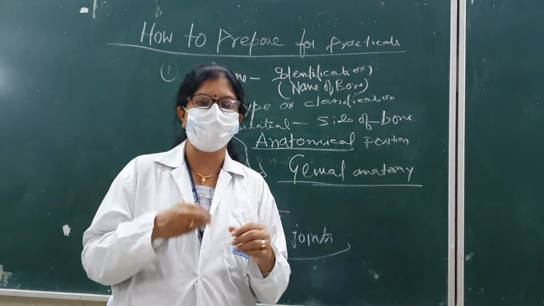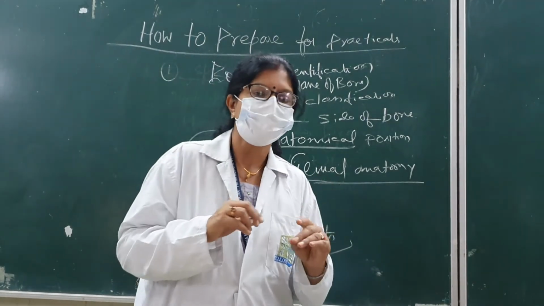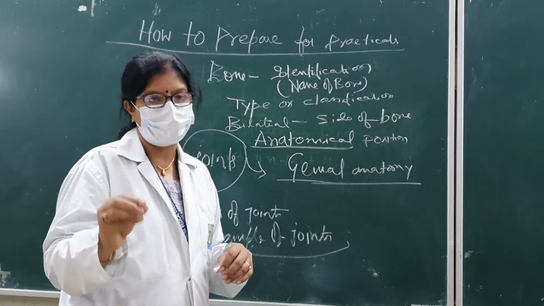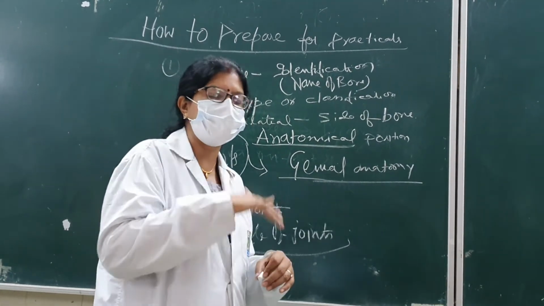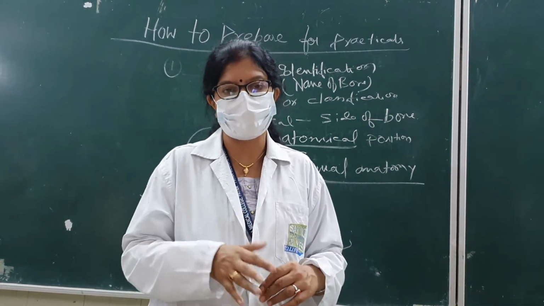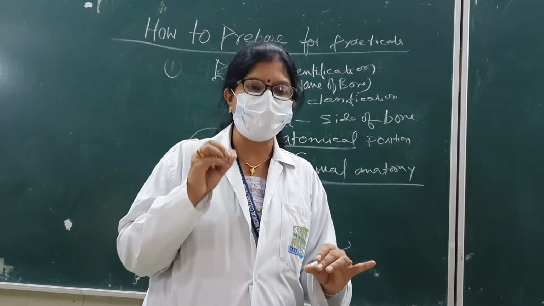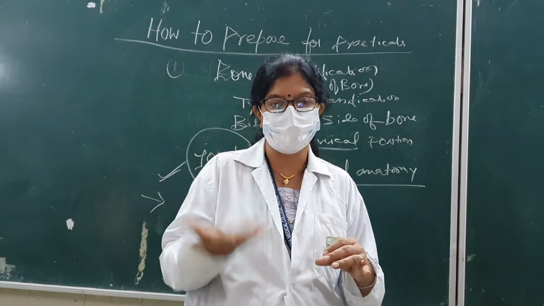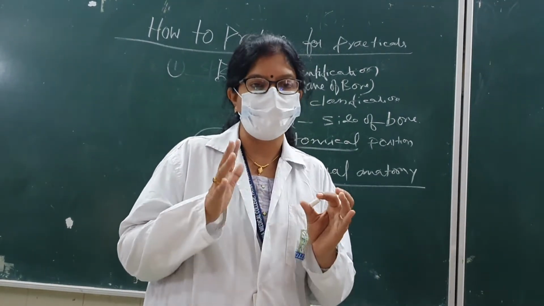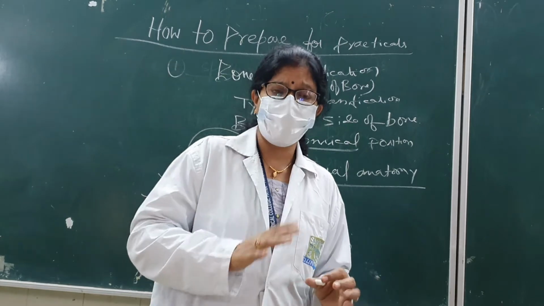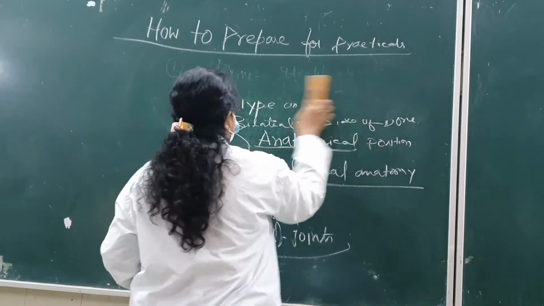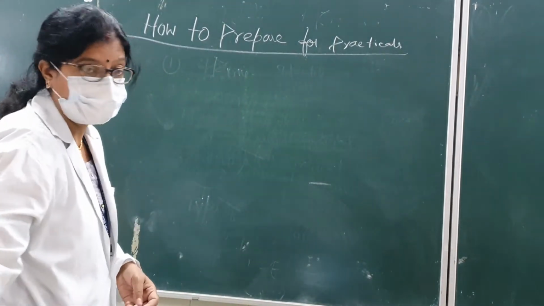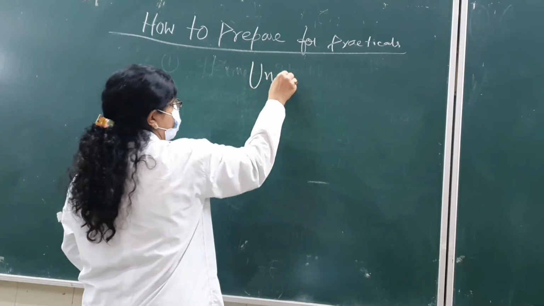This is not one time, you just go and say anything. So when you select a bone, don't go for the same thing like clavicle, scapula. Always everyone is coming and picking up scapula, scapula, clavicle, clavicle. Then what will happen? The examiner will get annoyed and he will start asking difficult questions on those bones which you may not be knowing. So make unusual choices, which are easy to deal with and not so difficult.